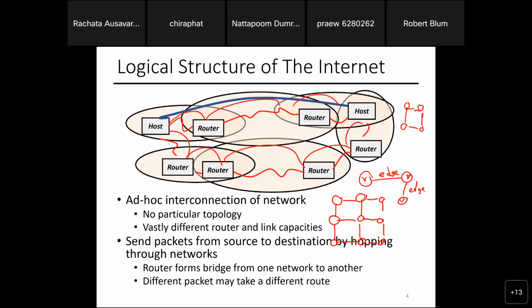For example, how many people like Bangkok traffic? You can think of Bangkok traffic. All the roads are also a topology. They connect destinations, like places, right? What would happen if I want to, wait, how would I go to Salaya? What would be the main road? The Borom Ratchachonnani Road, right? What if there's a big traffic jam?